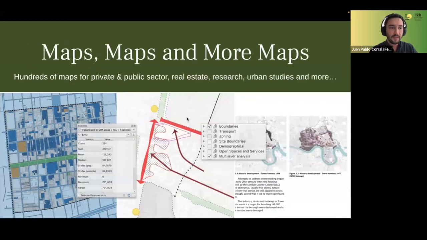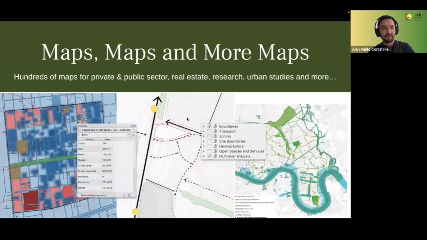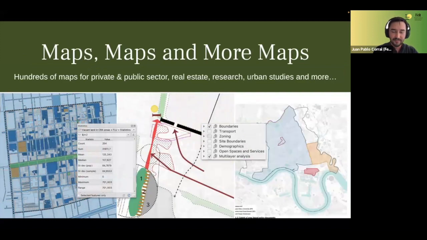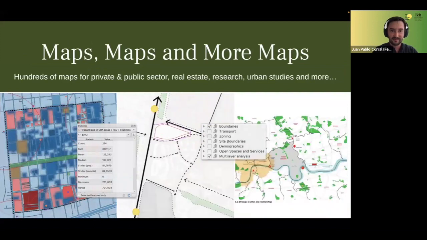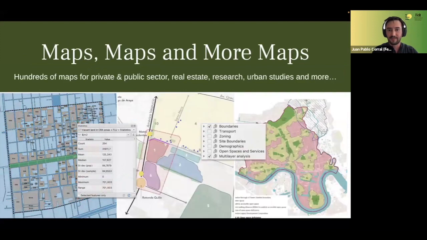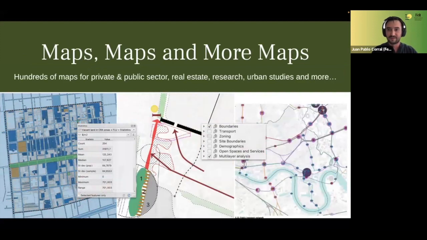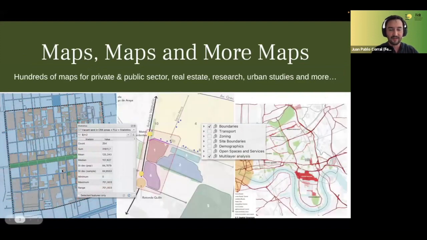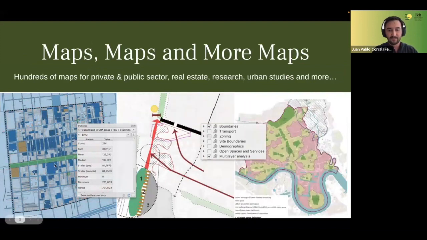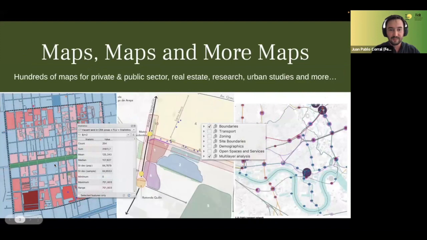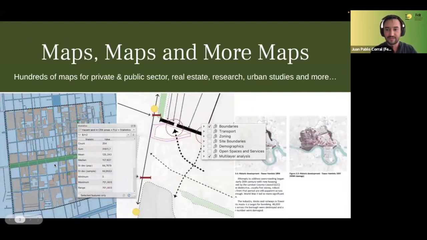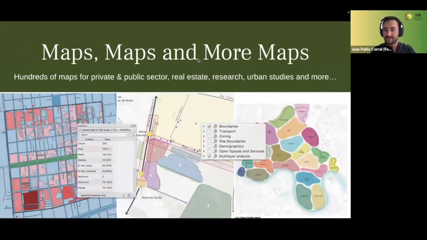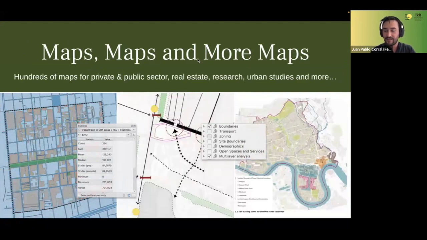So basically, what I've been doing for the last 6 to 7 years is producing maps. I will say hundreds of maps for private and public sector, real estate, research, urban studies, and more. So if we look at those to the left, they are for assessing potential for redevelopment in a heritage area in Santiago de Chile, or those to the right are for a tall buildings study we did as